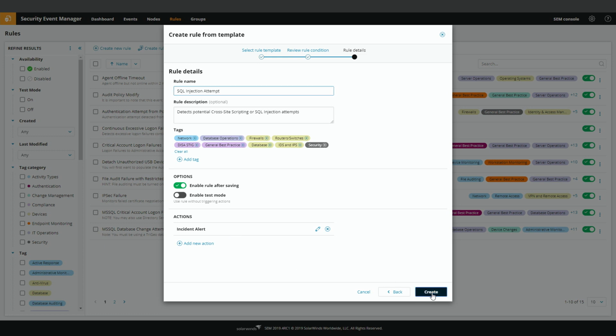And that's it. So in a couple of clicks, we're actually able to add and remove new elements to the cross-site scripting and SQL injection list and build a rule off of it based on the one that we ship. Now, the beauty of that is that rule can have as great a reaction as you want. It could be something as simple as building a small alert like we did, or shutting down a computer if it's that critical. It's just one of those ways that Security Event Manager can actually help you out.